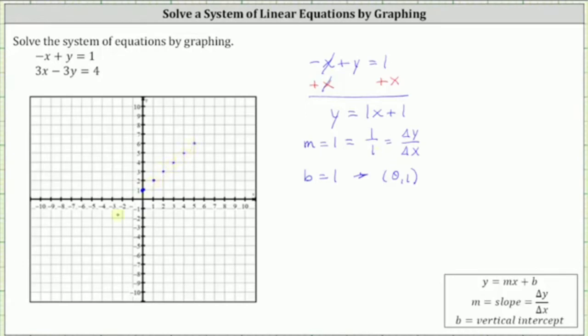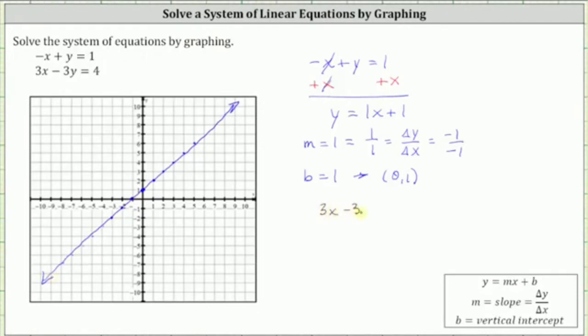Now if we want to find points on the left, we could write positive 1 over positive 1 as negative 1 over negative 1. Notice how this does simplify to positive 1, but using the slope in this form, if we go back to the vertical intercept, we would now go down 1 and left 1, down 1 and left 1, and notice how these points are still on the same line. Let's go ahead and sketch the line,